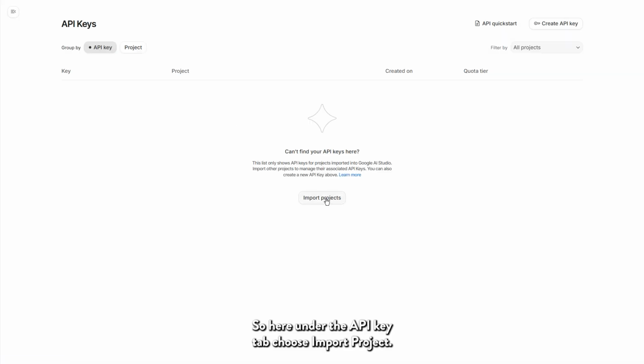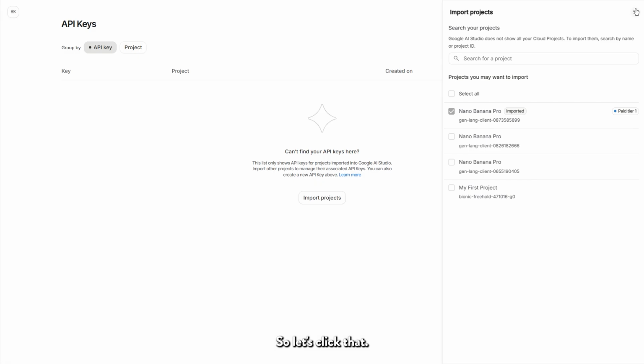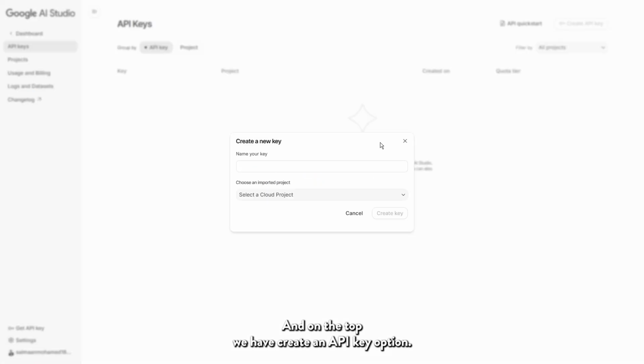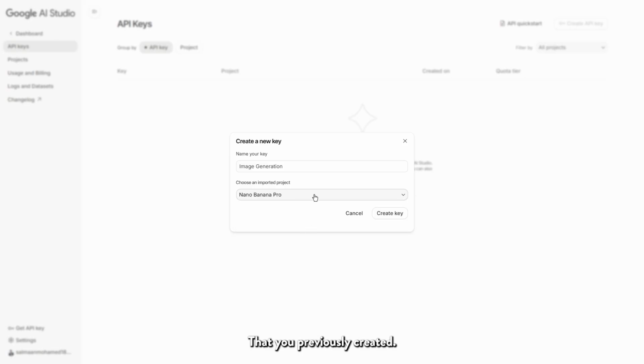Here under the API key tab, choose import project, and this will show all the projects that we have within our account. Let's choose the Nano Banana Pro, for which it shows that the active billing is present. So let's click that, and on the top we have the create an API key option. Choose that, and just type a name for your key. I'm renaming it as image generation, and the project is Nano Banana Pro that we previously created, and this would